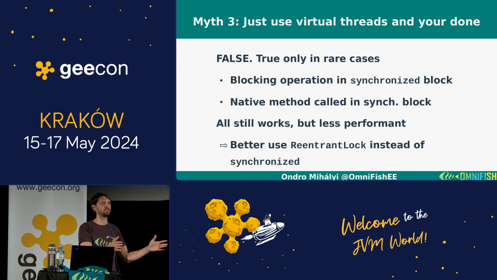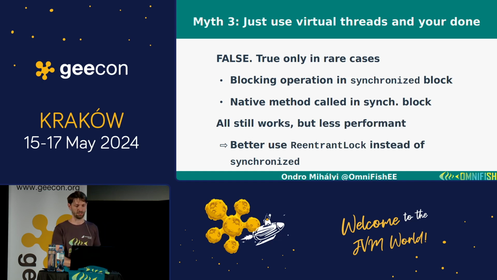But there are some other platform threads, and virtual threads can create some more. It can detect if some platform thread is blocked for a longer time, and it can create more platform threads to compensate for it. So in reality, this is really not an issue. But still, test your application. If you switch to virtual threads, test your performance first. It shouldn't ruin your application, but it can degrade your performance. And if you want to improve performance, as I mentioned before, use reentrant locks if you can to replace synchronized blocks.